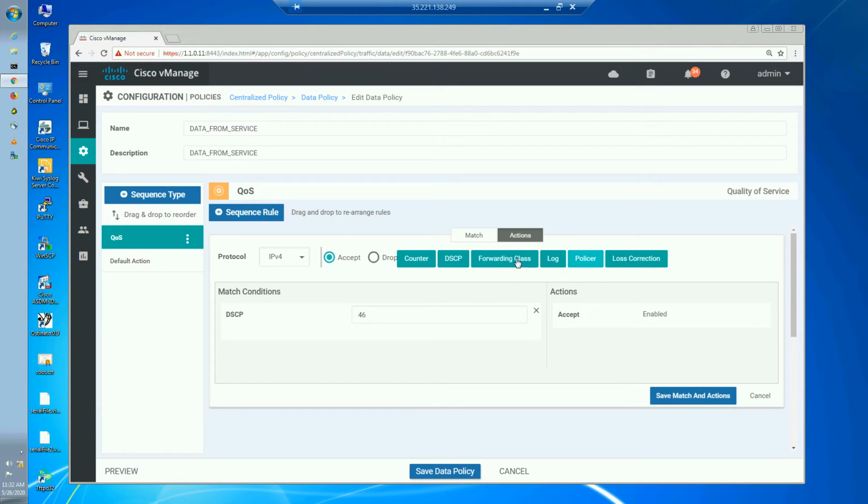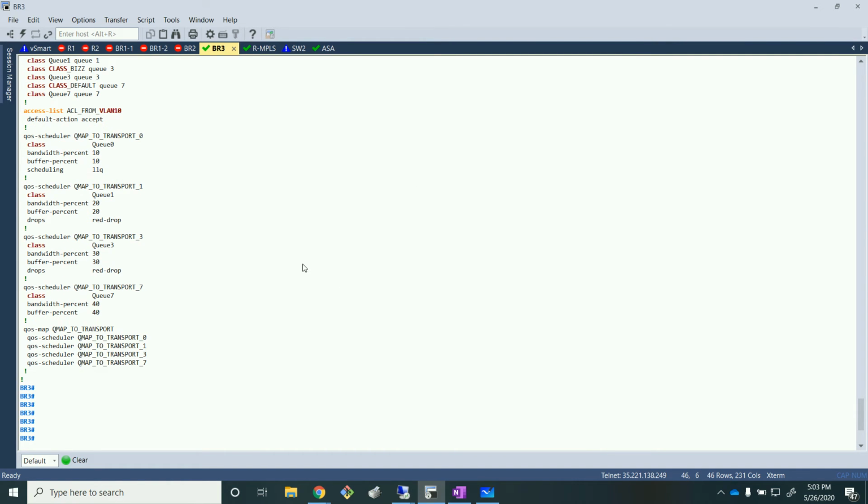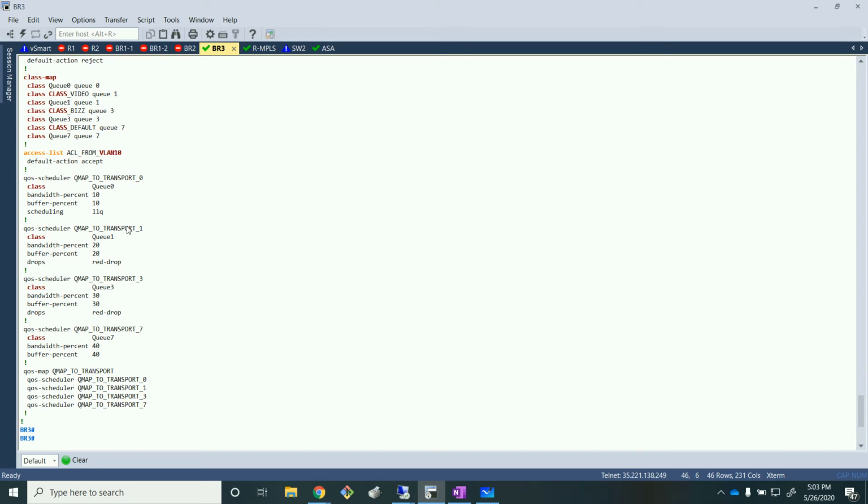And what else? The forwarding class would be, okay, so now this is tricky, right? So here you see we don't have any drop down. Earlier we had a drop down and we did it using the localized data policy. So the trick here is probably to go down to your configuration on any of the routers, and you basically spot this, right? So the classes which you created will be of no use now, because whatever you created was on the local data policy side, right? So you'll have to use these queues which are like the default queue names, right? You'll have to use these because this is something which will help you to map here, right? So we have to use the queue values or queue names instead of using the labels which you earlier created using the localized data policy, because